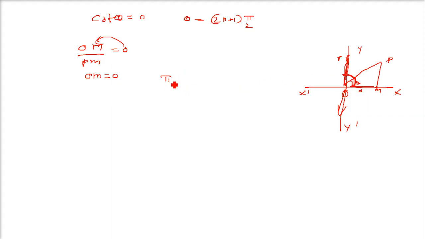So this is pi by 2, and we know that it can be in any of the quadrants, so it can be minus pi by 2. Again we have 3 pi by 2, minus 3 pi by 2 like this. So it goes on and on. And this is 1, this is 3, this is 1, this is 3, again the 5 will come. So that means this is an odd. So 2n plus 1 is odd, and we see that it is pi by 2. So theta equal to (2n plus 1) pi by 2, where n belongs to Z, is the general solution of cot theta equal to 0.